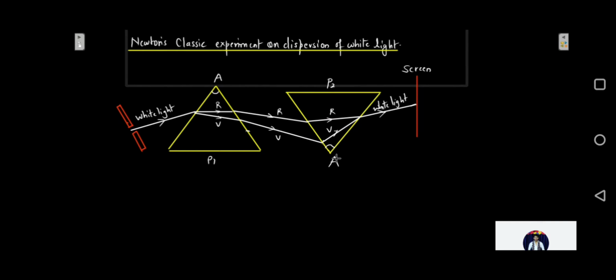If we allow the narrow beam of white light to fall on prism 1 and observe the emergent beam coming out of prism 2, falling on the screen, we would see a patch of white light on the screen. It is very clear from here that the first prism disperses the white light into its component colors, which are then recombined by the second prism, which is inverted with respect to the first prism, and give us the white light seen as a patch on the screen. This proves that white light itself consists of 7 different colors which are just dispersed by the prism, and the prism is not creating any color.